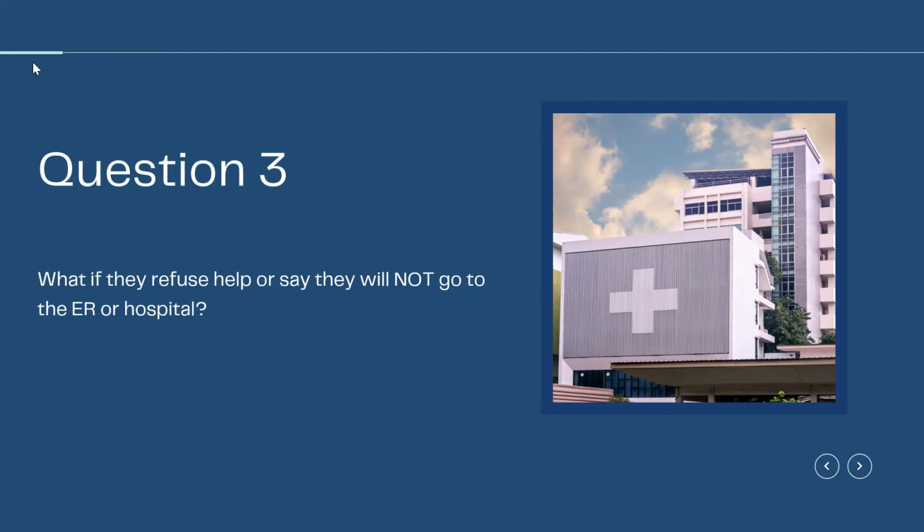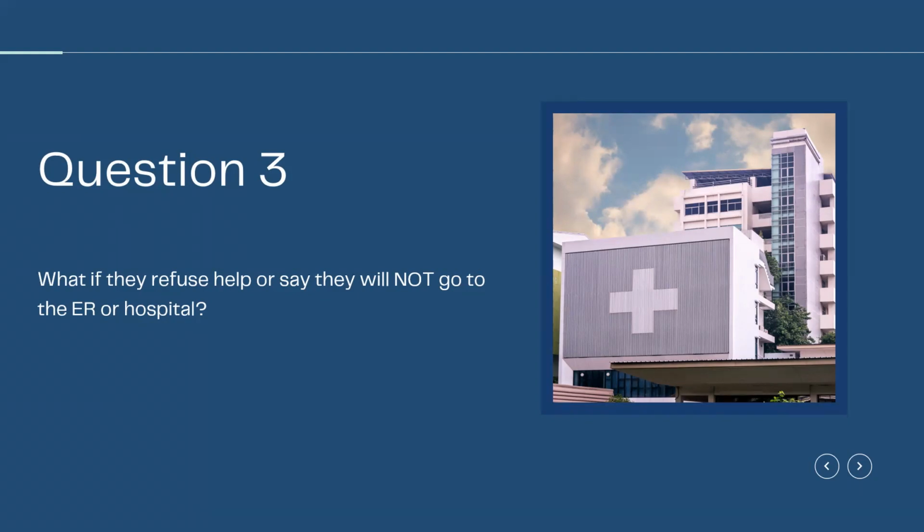I think it's important to understand what the reluctance is. During the COVID surge, people were reluctant to go to the emergency room because they thought they were going to acquire COVID, and that was very frightening. And all kinds of things were missed and care was delayed. Sometimes people are afraid of the wait time, and if they are, I usually tell them I'm going to call the ER and let's find out what the wait time is. And if it's too long, let's find a different emergency room for you to go to.